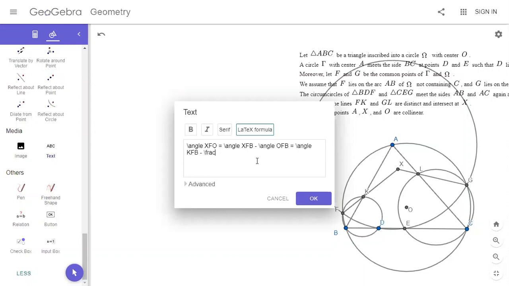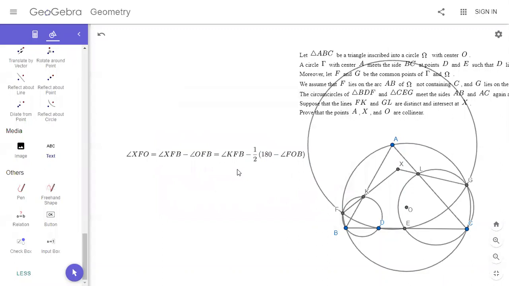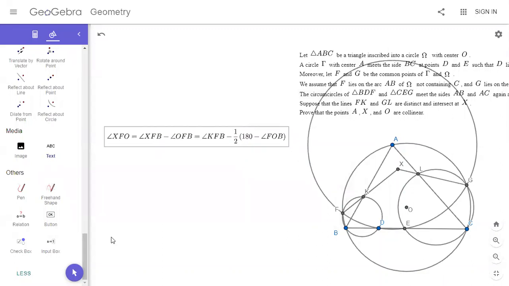I think I have an idea here. So angle KFB, and then angle OFB is 1/2 of B. Okay. And angle FOB is 2 angle FOA. So